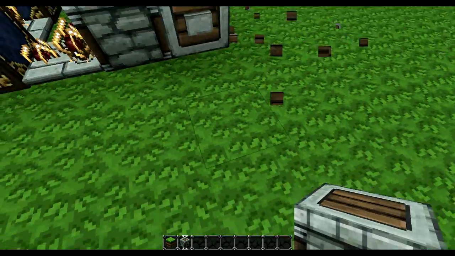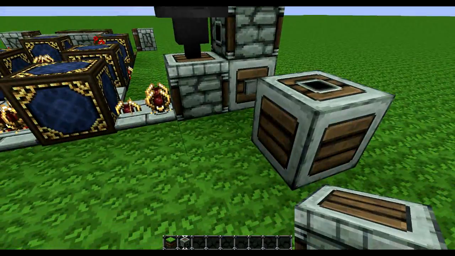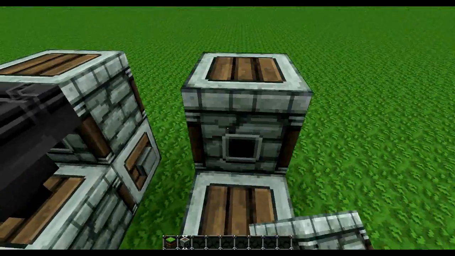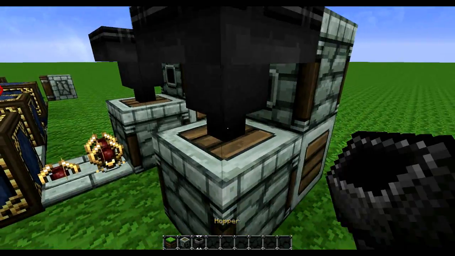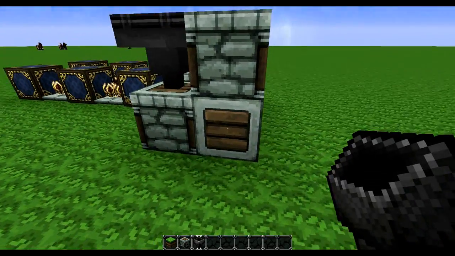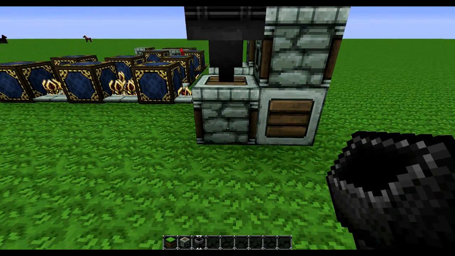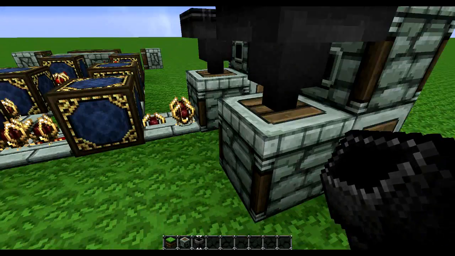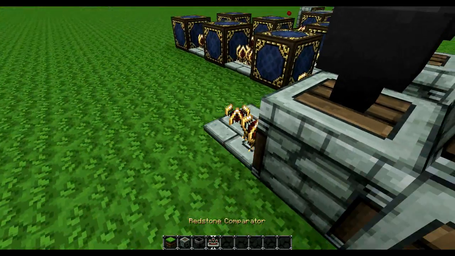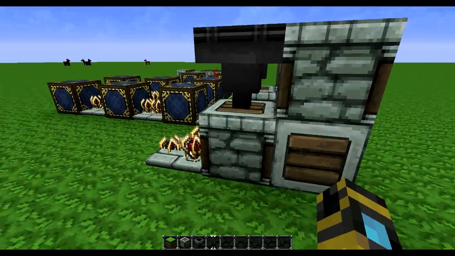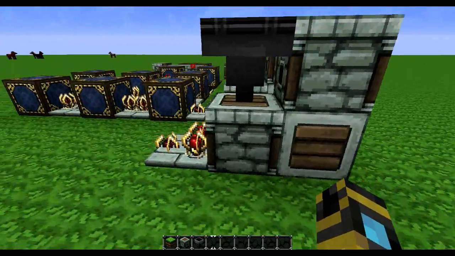I'll go ahead and show you how to make this. We're going to do an in-depth thing later, but first of all, you're going to have this one facing here, this one facing up, this one facing here, and it's essentially just going to make one big loop. When you press the button, it'll shoot the item up into here, up into there, up into there. And once it's in there, the computer will be like, oh, there's something in here, let's turn on the signal. And then when you press the button again, it will shoot through all over again and,